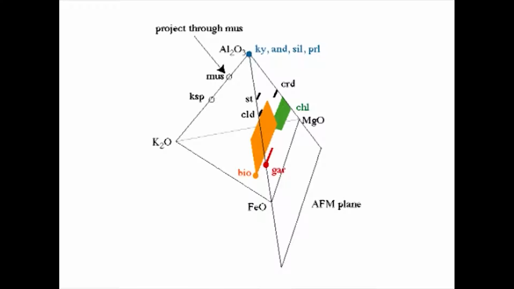Any muscovite bearing assemblage can be represented graphically by projecting each pertinent point in the AKFM tetrahedron onto the AFM diagram plane by a straight line drawn through the muscovite point